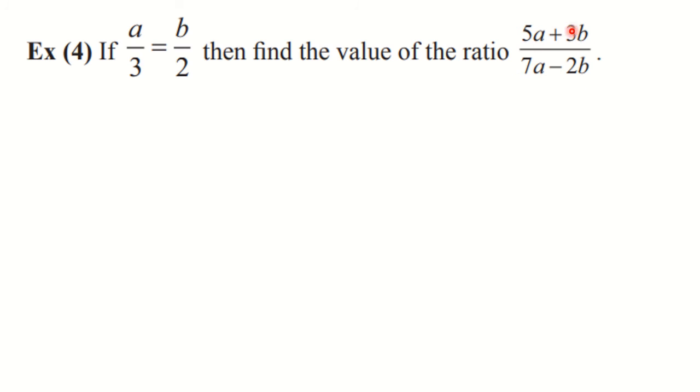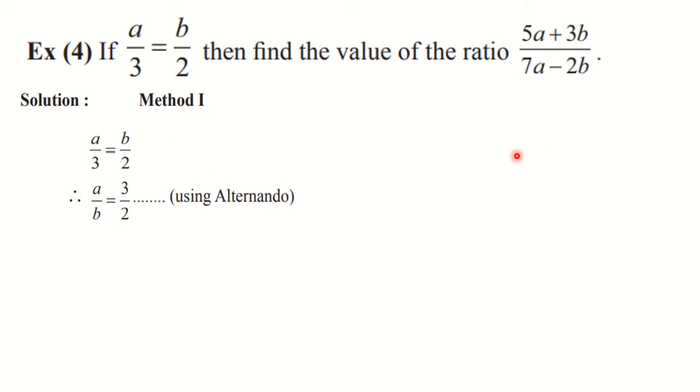Now what you can observe here is, simply don't observe the sign and don't think that it is componendo dividendo. For componendo dividendo, these terms should be the same, but it is not like that here. This sum is a little bit different. That is why I am discussing this. See, here 5a is there and here 7a is there, and here 3b and here 2b is there. So it is not of type componendo dividendo. So we have to think of some other method. Okay, so let us start.